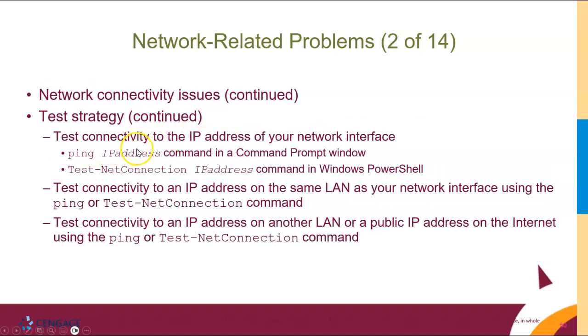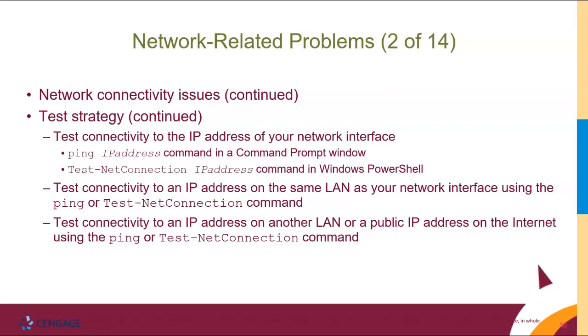So you can test connectivity to the IP address of your network interface. If you ping the IP address, you can do that in a command prompt. Optionally, in Windows PowerShell, you can do Test-NetConnection with the IP address. That'll do the same thing. And then you can test connectivity to an IP address on the same LAN as the network interface you're using. So you either use the ping or Test-NetConnection for that. So that's kind of your hierarchy. You test pinging the local IP address, then you test pinging an address on the same LAN, which usually will work if there's network connectivity. And then your third